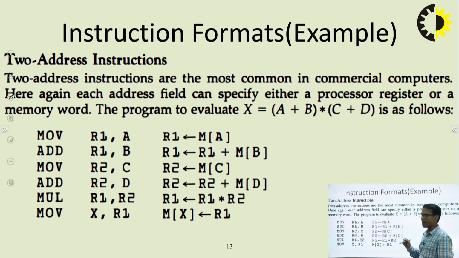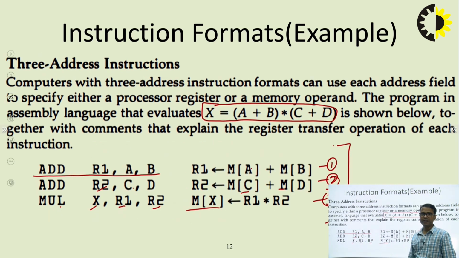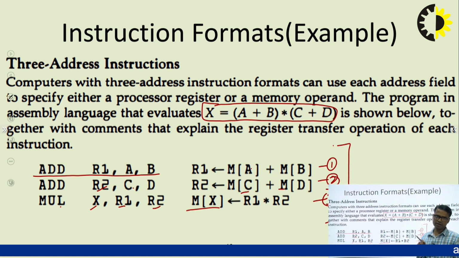Now, here you see how many steps are required for the same operation: 1, 2, then we have 3, then we have 4, then we have 5 and 6. Now, how many steps have increased? 3 more steps. So, we can simply say that the 3 address architecture or organization is fast than the